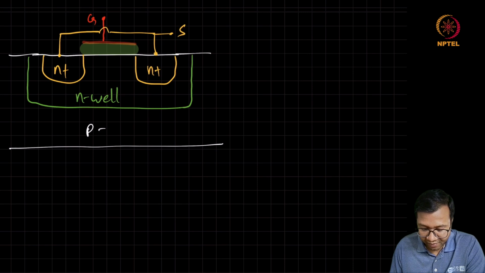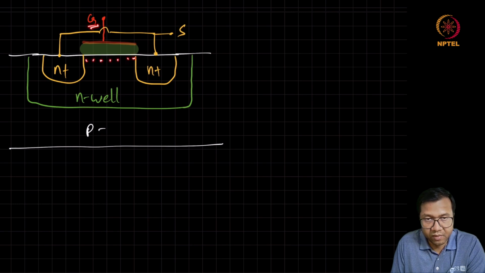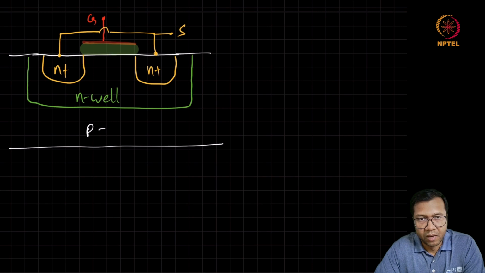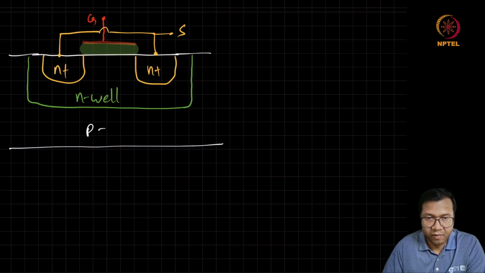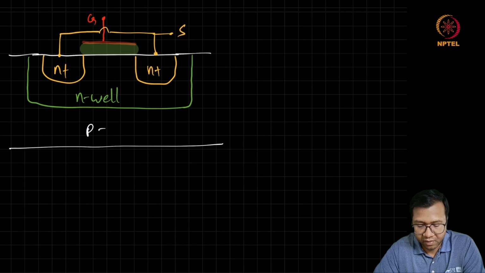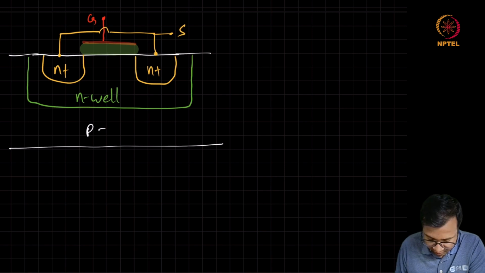Now, such a structure, you can see that when we apply a high gate voltage, it is going to pull a lot of electrons towards the channel. So this channel is going to be heavily accumulated. Whereas when we reduce this VGS, then the charge concentration is going to reduce and we are going to get a lower capacitance. So such a structure will only go between accumulation and depletion. There is no inversion. As a result, the overall capacitance versus voltage characteristic is also going to be monotonic. This is also called a MOS-based varactor,